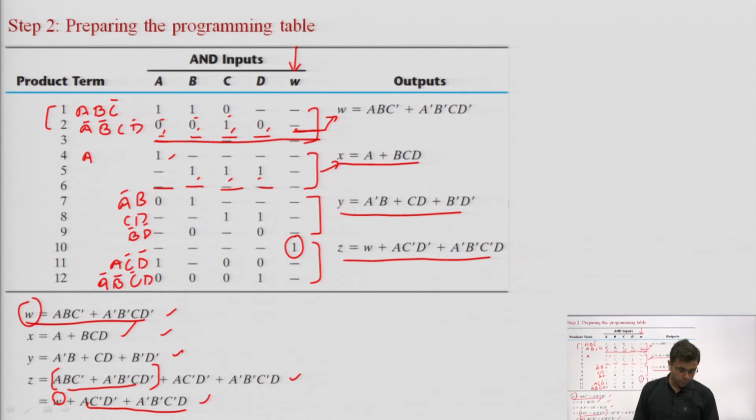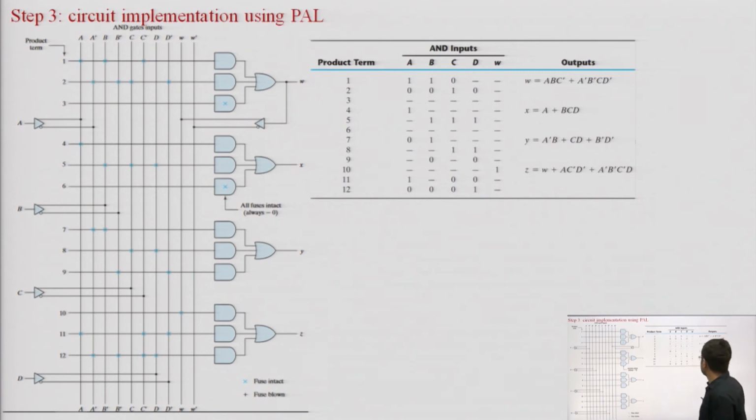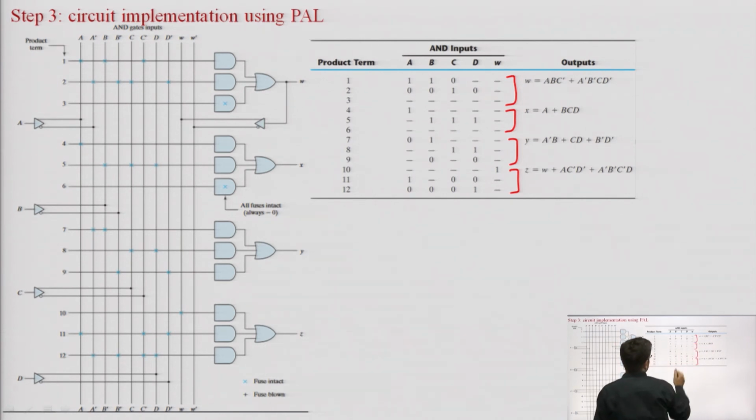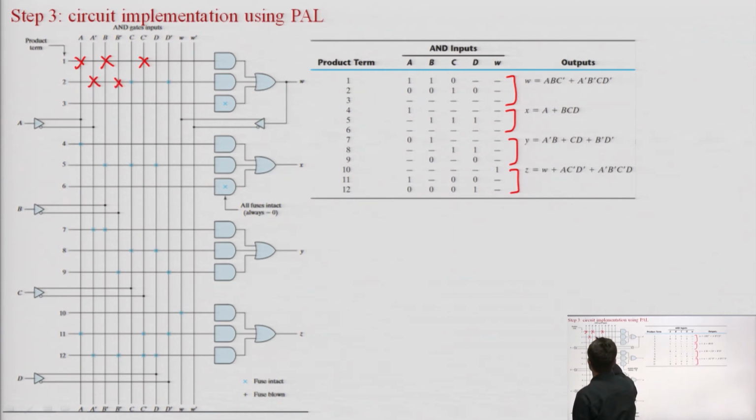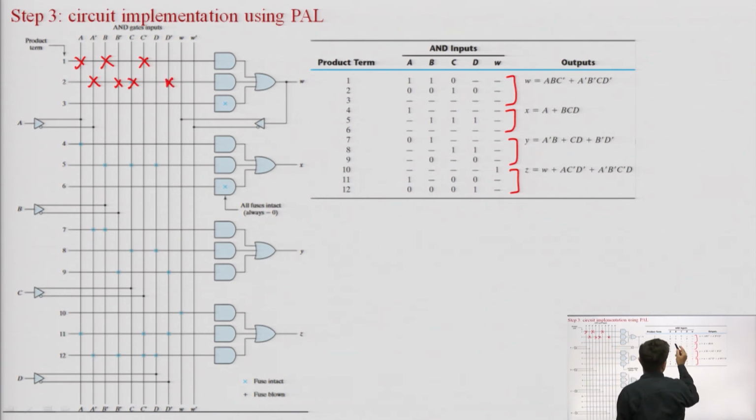So now we can see that this is the arrangement for the first block. A, B, C complement: this is A, this is B, this is C complement. And then A bar, B bar: this is A bar, this is B bar, and then C and D bar. And the third one is not required, so there is nothing on this third row, and this AND gate is not going to be used.